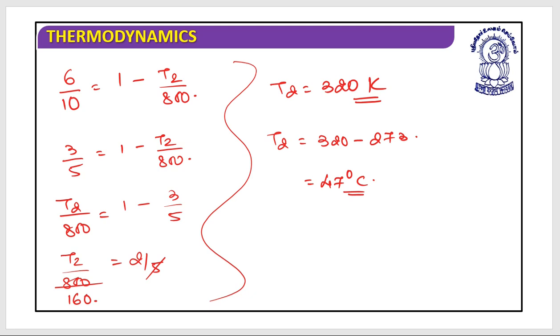But please don't get tempted: because they have given data in degrees Celsius and answers in degrees Celsius, let us use degrees Celsius. No, it cannot be used. This is working on Kelvin only, absolute temperature. You cannot use degrees Celsius directly. First you need to convert degrees Celsius to Kelvin, process it with the formula, and again, if required, convert back to degrees Celsius. I hope this is clear.